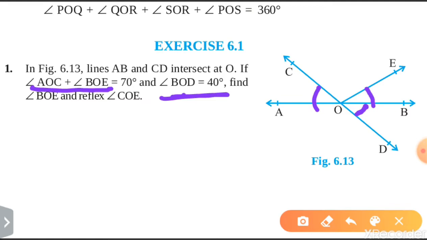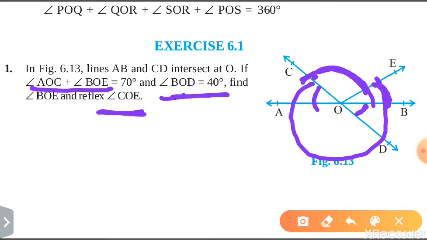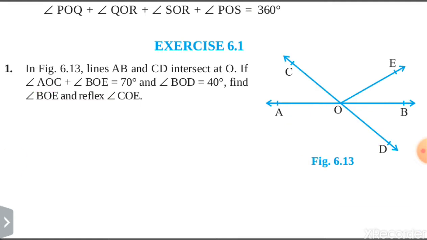You have to find out BOE, and the reflex of COE. The reflex of this means excluding this angle. The whole angle which is excluding this is known as the reflex of this angle. Now see, first what you will do, first you will write, and whenever you do these questions in